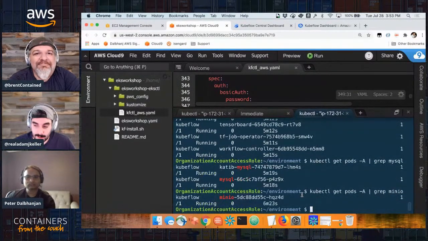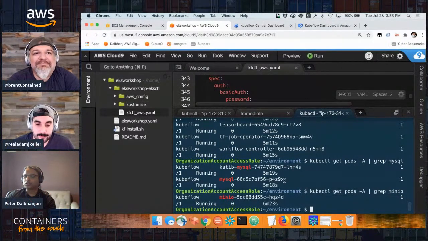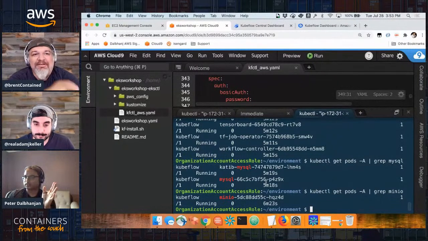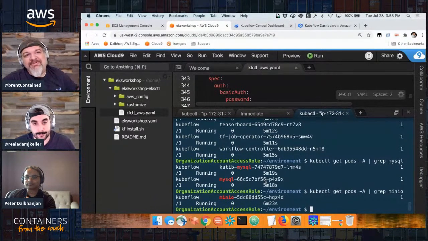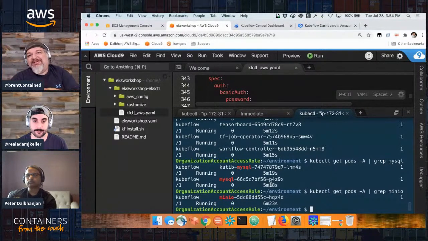Oh, interesting. And there was a question: are the MySQL pods backed by EBS? These are stateful applications, so they use Kubernetes stateful sets. It's the default EBS volume that is available through the worker nodes. I didn't customize anything. They probably make a persistent volume claim, and then Kubernetes fills that claim with whatever its default is. And when you build a cluster using eksctl like we do in the workshop, the default is EBS volumes. So the answer is yes,